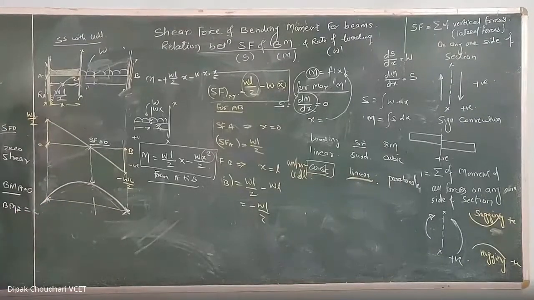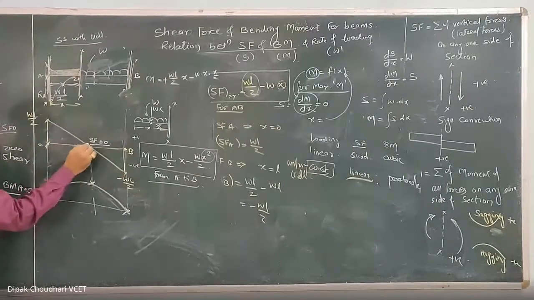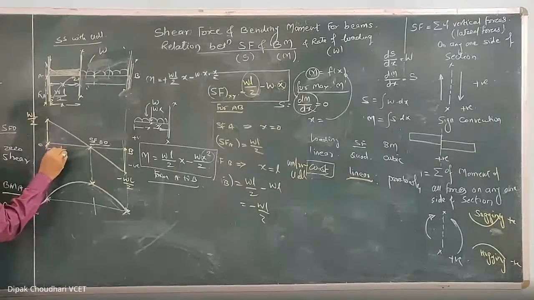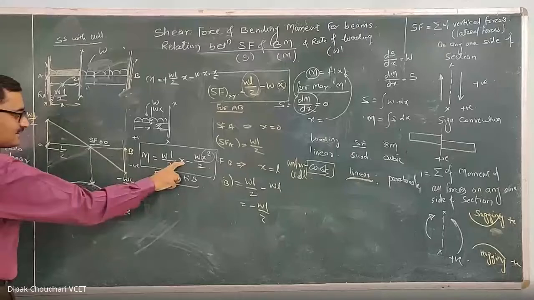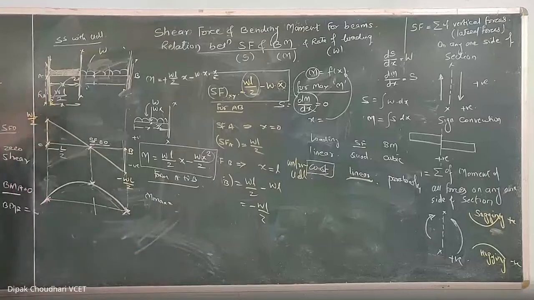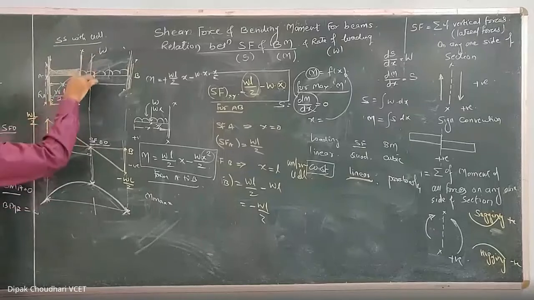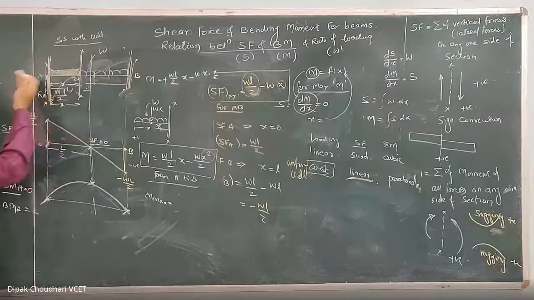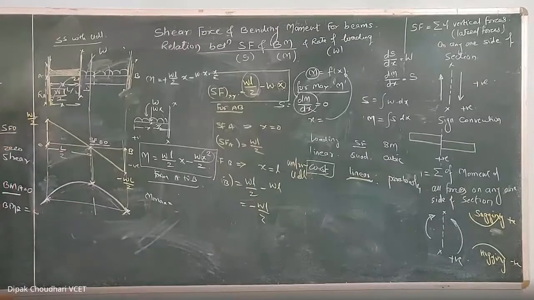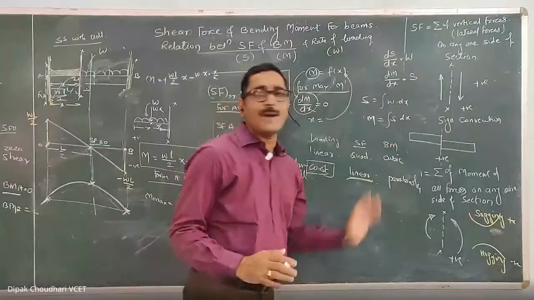Okay. Any doubt? Now this value is equal, this value is equal. If I use the property of similar triangles, this point will be the midpoint, this will be L by 2. Okay, in this equation, if I substitute x equal to L by 2, here this M becomes M max. I'll get the maximum bending moment. Or considering a section here at a distance of L by 2, you can actually calculate the bending moment. You are going to get the same answer. Okay, how much is that value? You calculate and write it here. This is the bending moment. So the ultimate conclusion is that when the loading is a UDL, the shear force is linear and the bending moment is parabolic.